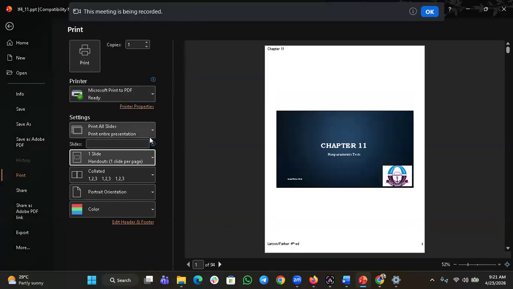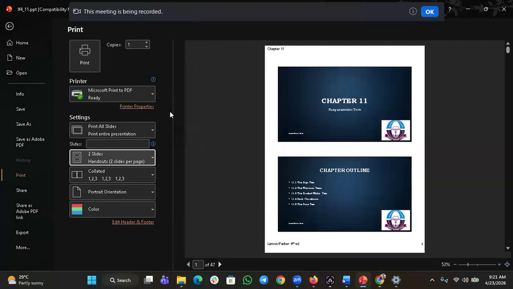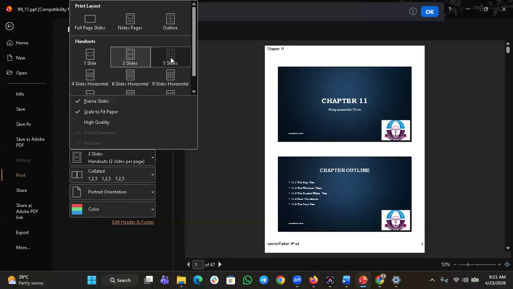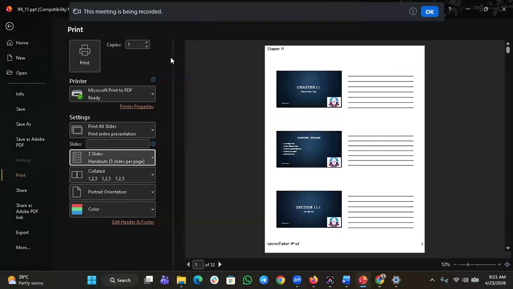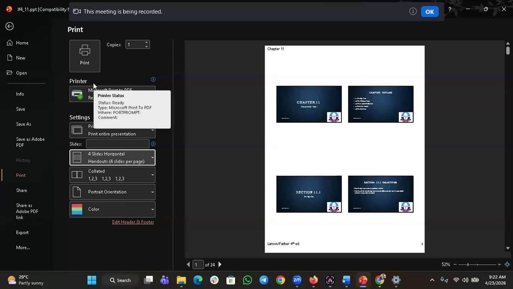I hope we can see it. Now, if I go back to 2 slides, it has reduced to 47. Maybe I did not have up to that paper again. I'll click 3 slides. It has reduced to 32, but it's now small. Maybe I want it to be 4 slides. You see that? It has reduced to 24 again. It will print 4 slides for you